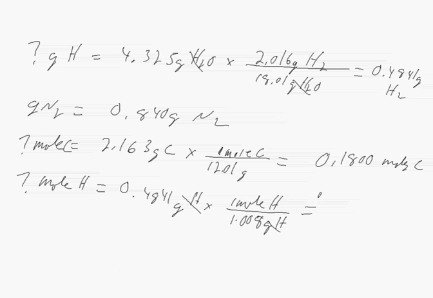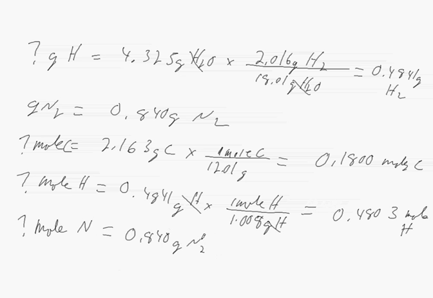This gives us our moles, which would be 0.4803 moles of hydrogen. And for our moles of nitrogen, we know that we have 0.840 grams of nitrogen,